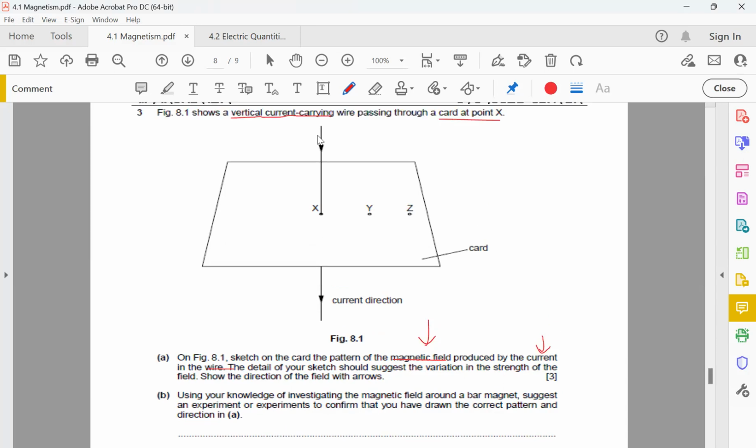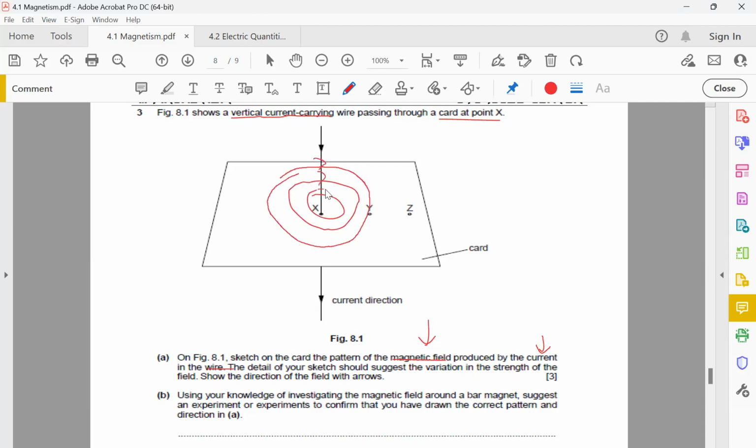And looking at the scenario here, since the current is going into the page, your magnetic field generated will be, Kunling, will it be clockwise or anti-clockwise? Will your magnetic field generated be clockwise or anti-clockwise due to this current here? Clockwise, good, excellent. Using your right hand grip rule, you would have attained that your magnetic field will be in